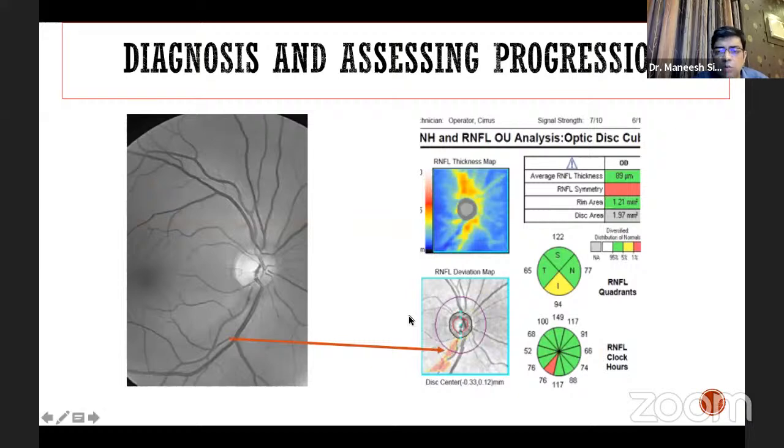You can do the OCT. In OCT, you can see there is thinning of RNFL. And over serial OCT, you can use it to see the progression also as the disease is progressing. So this way, OCT is useful in pre-perimetric glaucoma for supporting your diagnosis and also for assessing the progression over